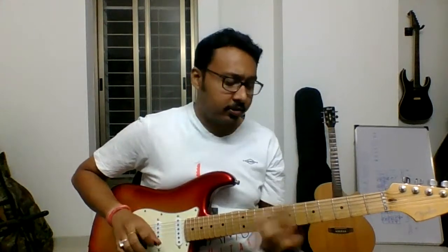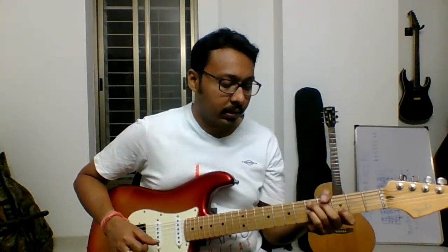Four bars of A, 2 bars of D, make a note, 2 bars of A, so 4, 2, 2, total 8 bars gone, 12 bars, so we have 12 bars, okay, 12 chords rather, so 4 times the 1 chord, 2 times the 4 chord. So before attempting the solo, you should play the rhythm, okay, so learn the rhythm and then get into the soloing part. And then after 8 bars, you have 1 bar of the 5 chord, that is E7,